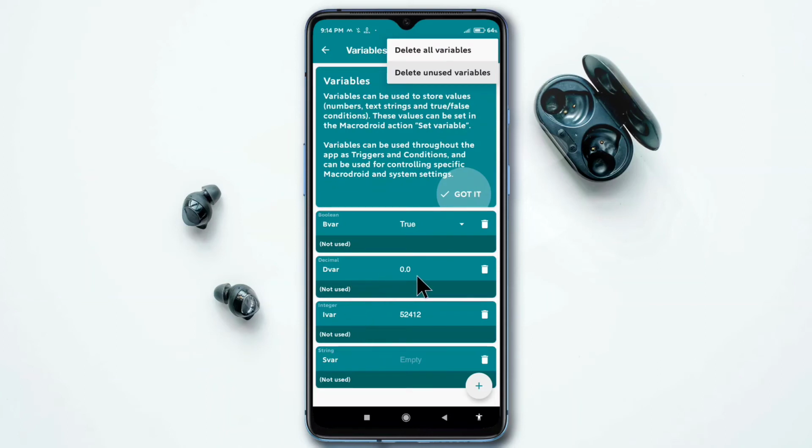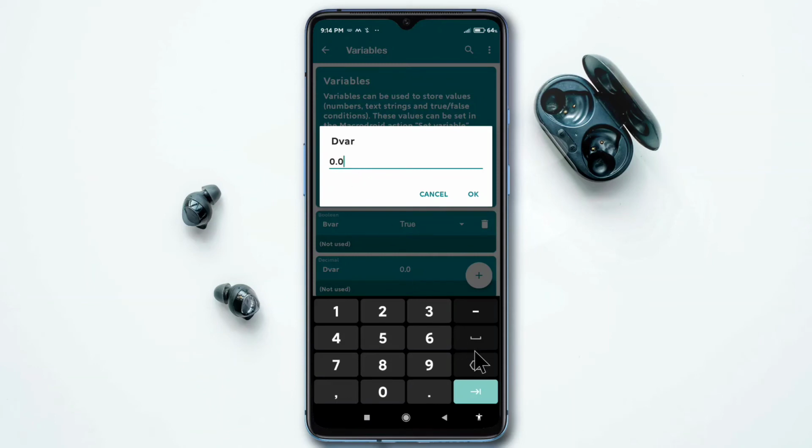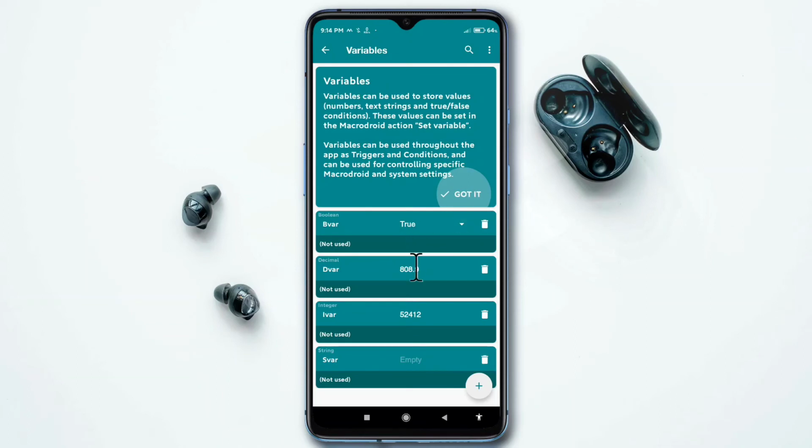Move to our decimal variable. The default value of the decimal variable is 0.0. This variable accepts the point values. So now I am typing 808.9. It accepts the 808.9. I am clicking OK, so 808.9 is stored in this variable.